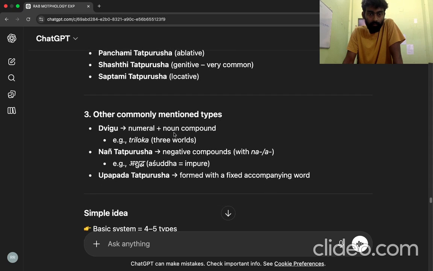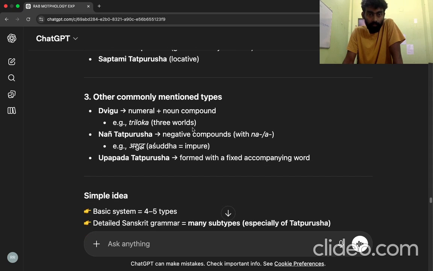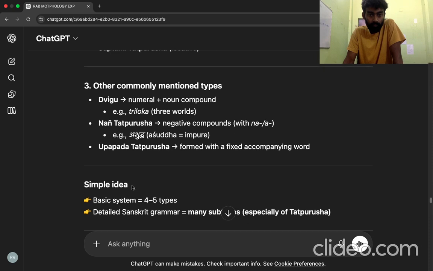3. Other commonly mentioned types. Dvigu: numeral plus noun compound, for example Triloka, three worlds. Nan Tatpurusha: negative compounds with na, for example Ashuchi equals impure. Upapada Tatpurusha: formed with a fixed accompanying word. Simple idea: